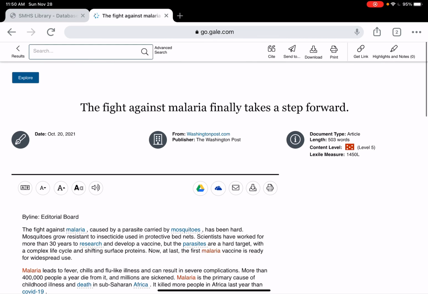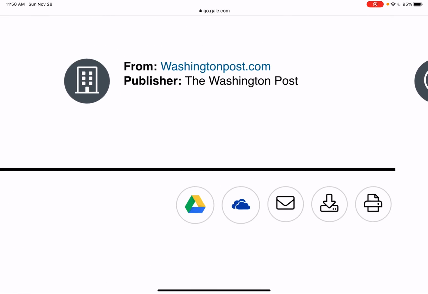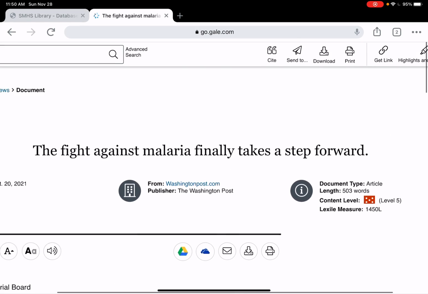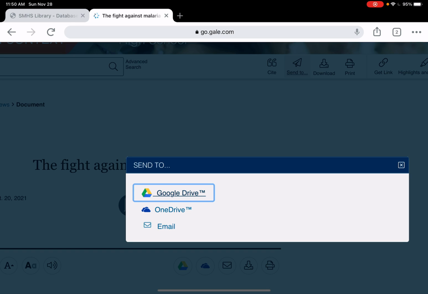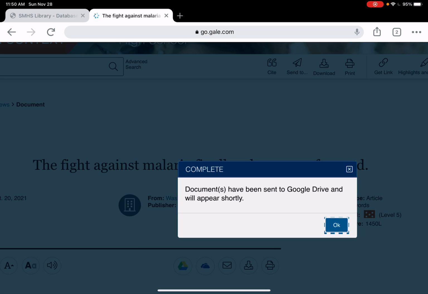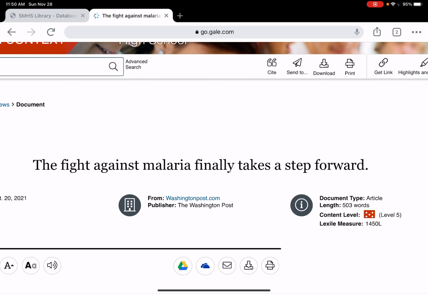And if you think you want to save it, you can press the Google Drive button right here, or press the Send To button to send it to Google Drive. So I'll just press Send To Google Drive. Okay, and then in a moment I'll show you where to get the screenshot, but I want to remind you